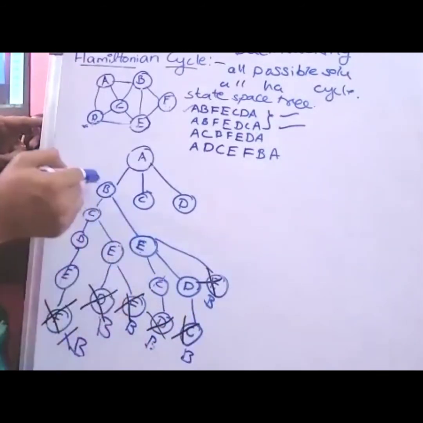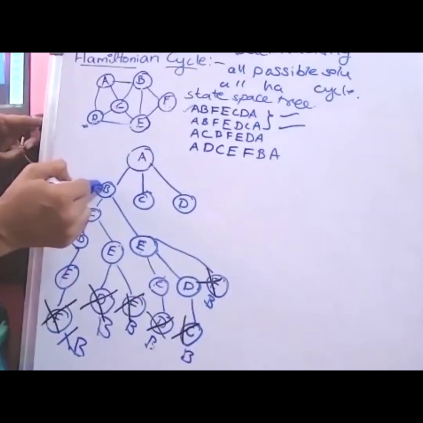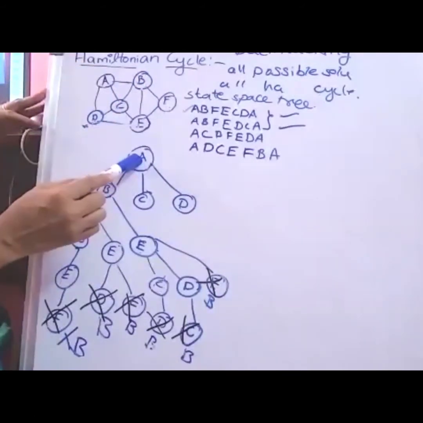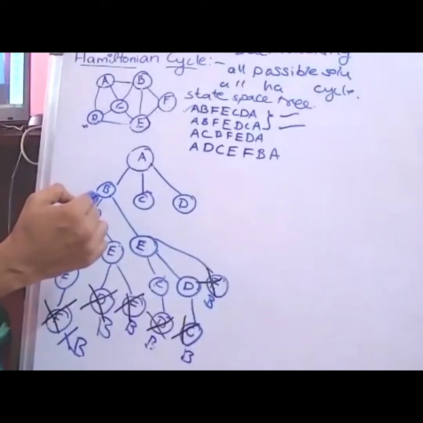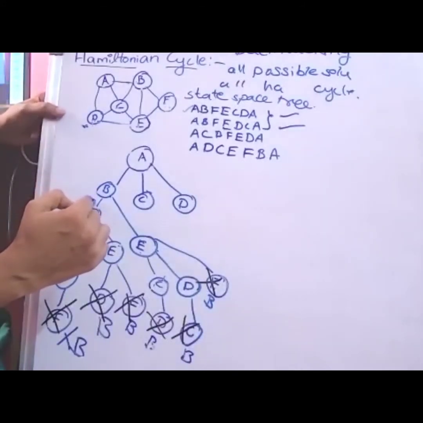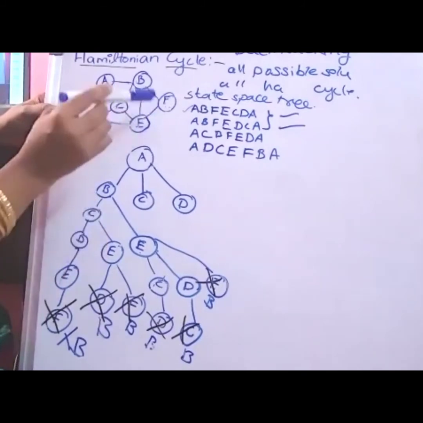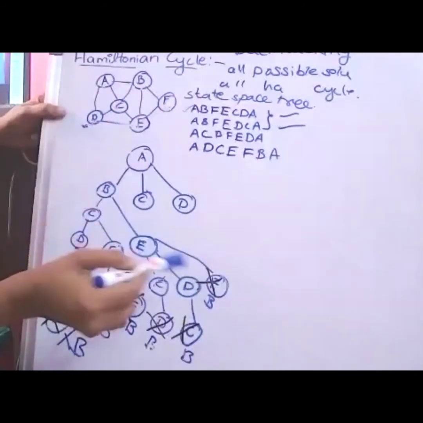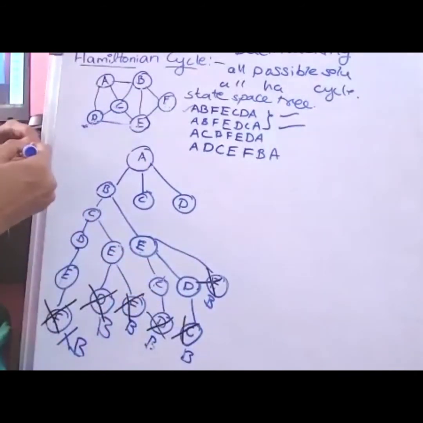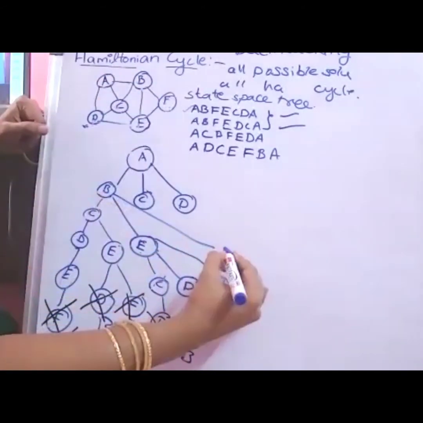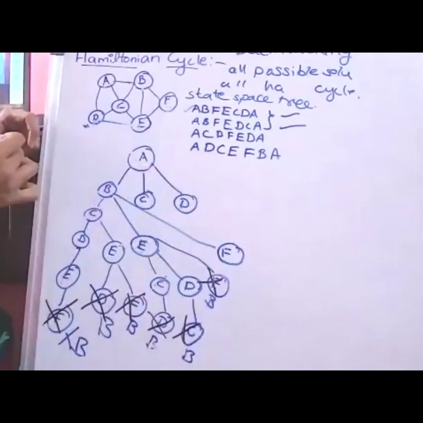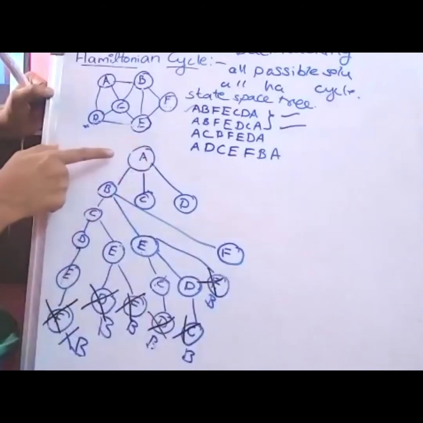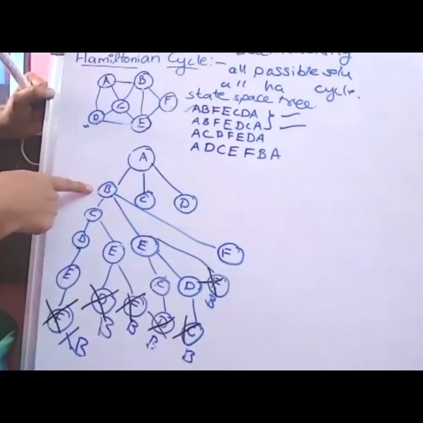According to the backtracking technique, I need to go to B once again. Is there any possible solution from this B? A is a visited vertex. From A, B is there. B is also visited. From B, I am trying to visit the unvisited vertices. B is connected to C, E, F. C we already tried. E we also already tried. Till now we didn't find any possible solution. Now I am trying to visit F from B directly. So in this path, it covers only the A vertex, B vertex and F.